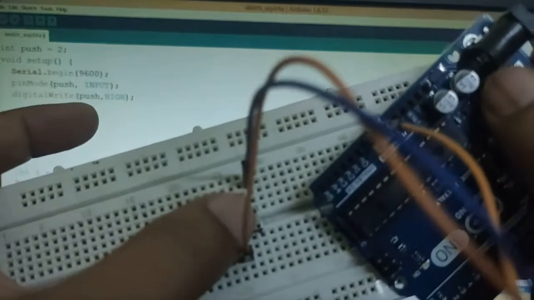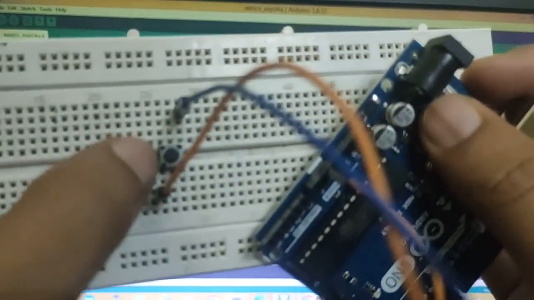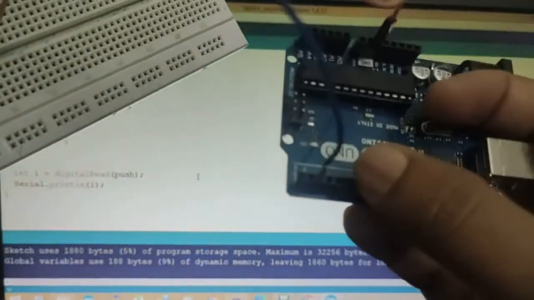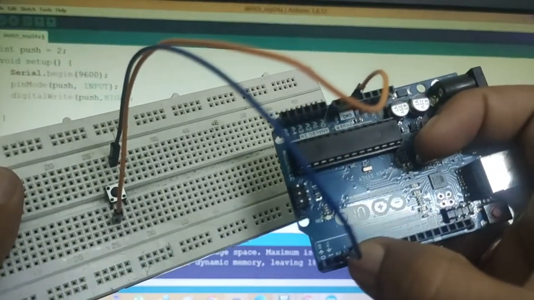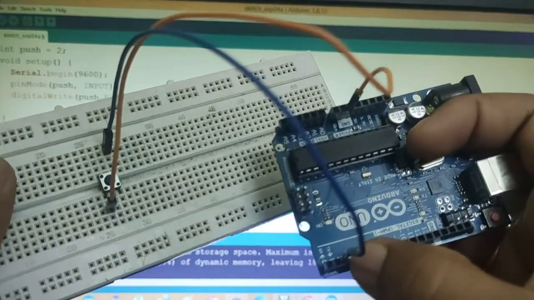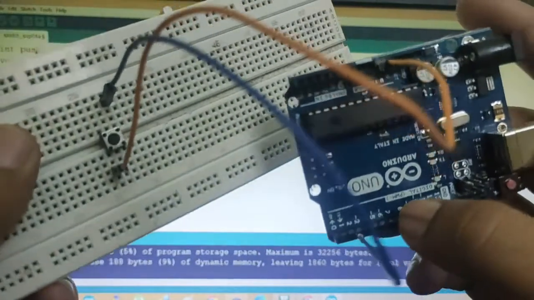The moment you press the switch, 0 volt from the ground will go here, and we are reading the status of pin number 2. It means we will get logic 0. And if we are not pressing any switch, we will get logic 1.